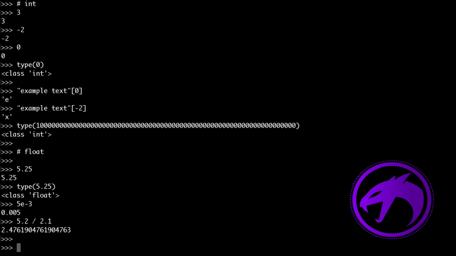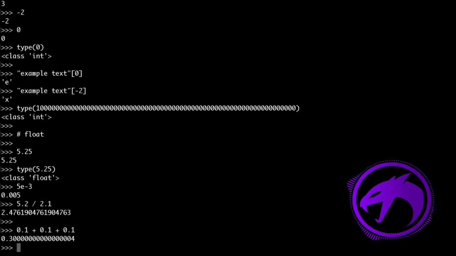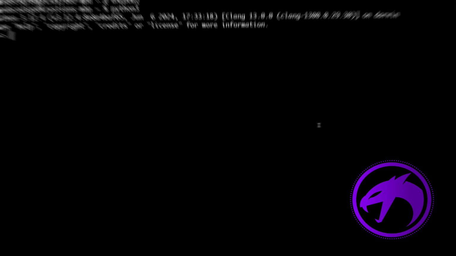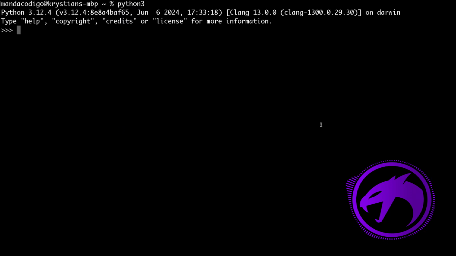Floats have limited precision due to their representation in binary. This means that some decimal numbers cannot be represented exactly as floats, leading to small rounding errors, so you have to be aware here. Python allows you to perform mathematical operations like addition, subtraction, multiplication, division, modulus,